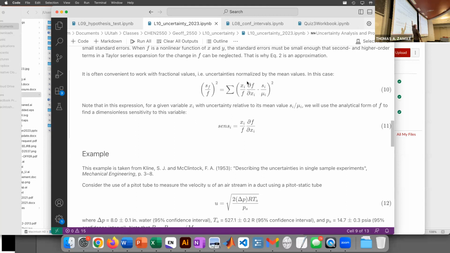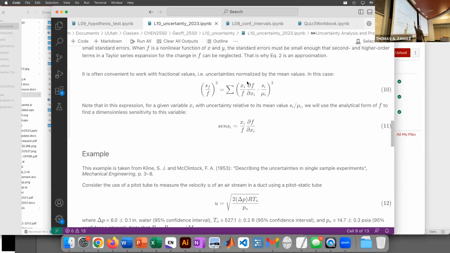So we'd say this is a fractional or normalized uncertainty. So it's like a percent variation in that value. And if we cast everything in terms of the normalized values, so the value of the uncertainty relative to what its mean value is,